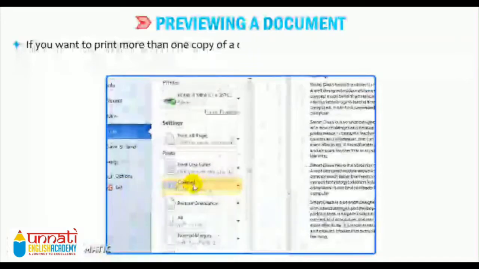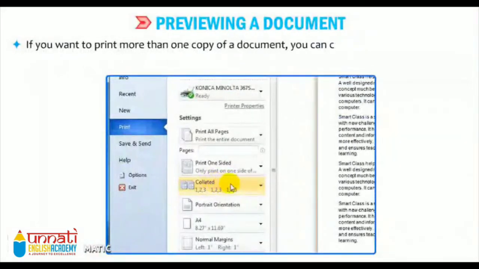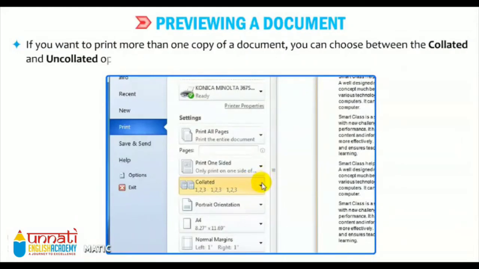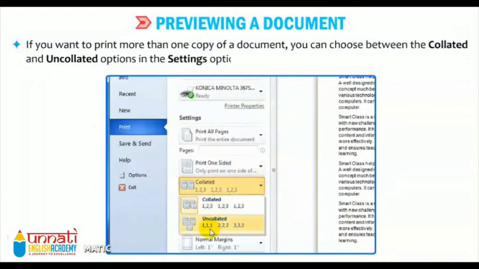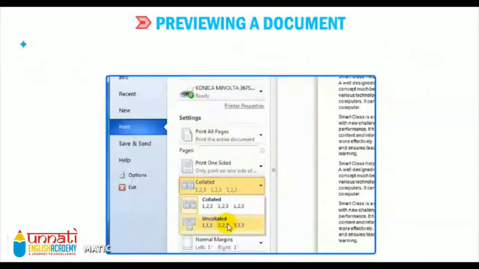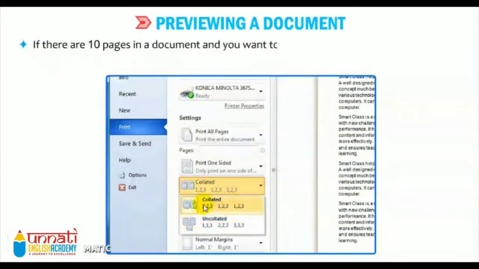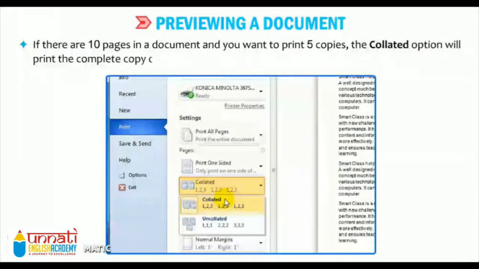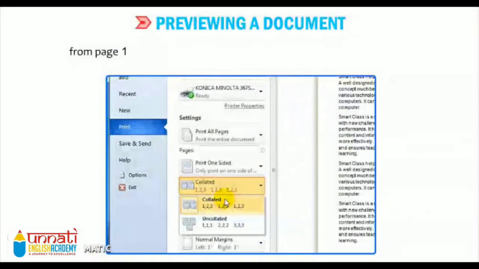If you want to print more than one copy of a document, you can choose between the collated and uncollated options in the settings options. For example, if there are 10 pages in a document and you want to print 5 copies, the collated option will print the complete copy of the document, for example, from page 1 to page 10, and then it will again start printing the next copy.